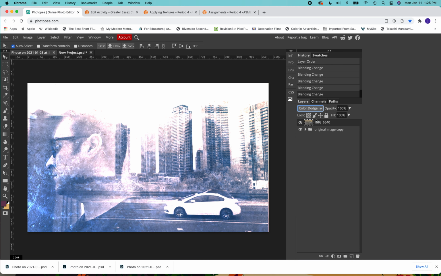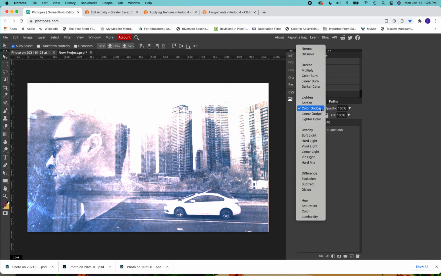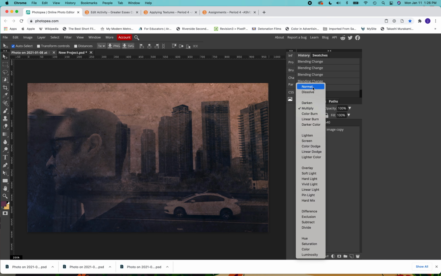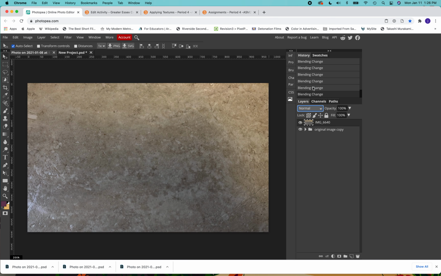Okay, and what I want to do though, I'm going to take this color dodge idea because this looks kind of interesting, I think. Maybe not. We'll see. Maybe we'll do this multiply one. Okay, so the way multiply usually works, right, is that it takes the whiter areas, the lighter areas become more